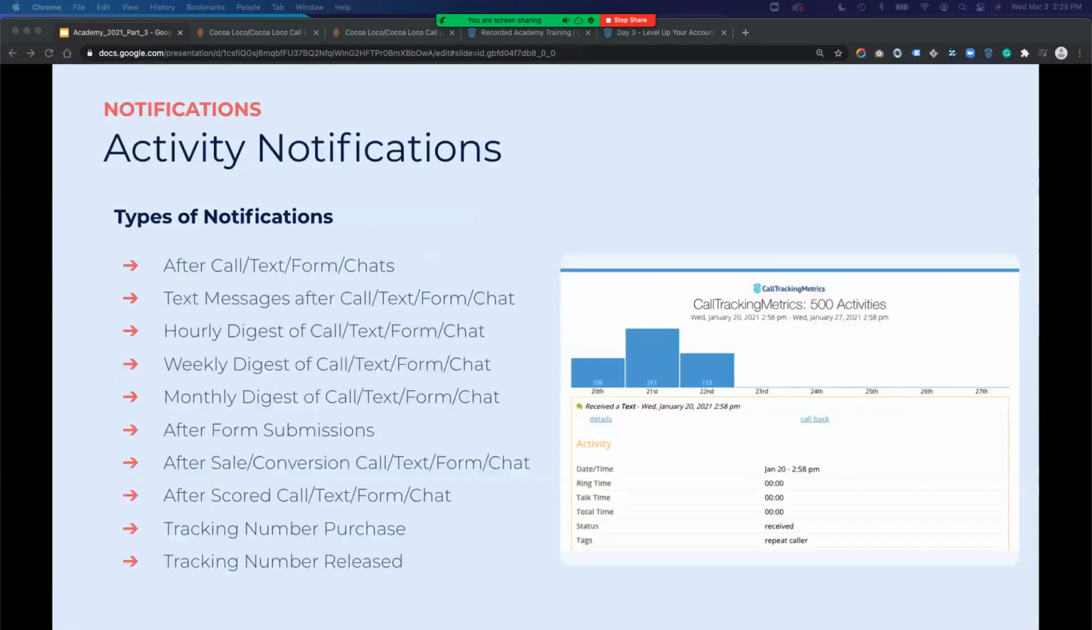Okay, so with that, we're going to move on to notifications. Notifications are customizable alerts that can be sent immediately after an activity or based on a regular time frame, such as a weekly or monthly. Common use cases for notifications include missed calls, form submission alerts, specific tracking source alerts, regular call volume reports, voicemail, and time-specific agent reports. So there's a lot of different ways that we can configure notifications,